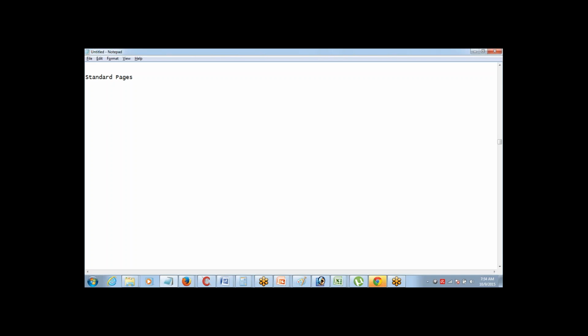Okay, so while you're creating a Visualforce page, you have a choice. Either you can work with the standard logic which is written by Salesforce.com, or you can choose to write your own logic. That's it. Fine. If you want to work with the standard logic, the advantage that you will have is you don't have to write your own logic, and you will save a lot of time and effort for yourself, because the logic is already written. All that you are doing is just using it.